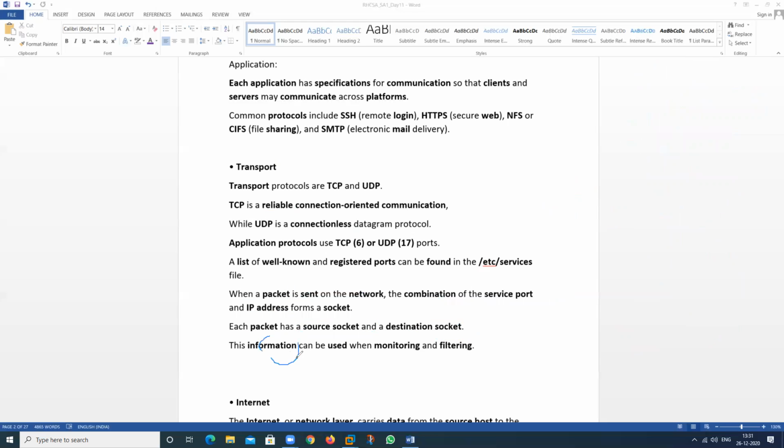This information can be used for monitoring and filtering. So we can filter which IP and which particular ports. IP and port both are used for monitoring purposes. So we can filter: this is allowed, this is not allowed, for any reason. But here our concept is what is the